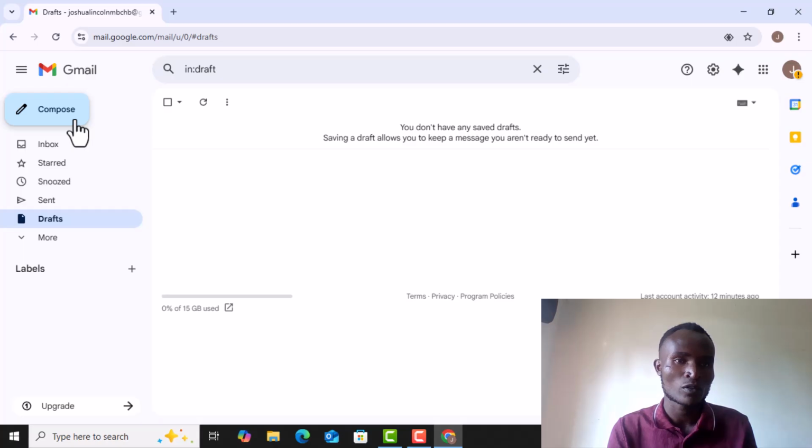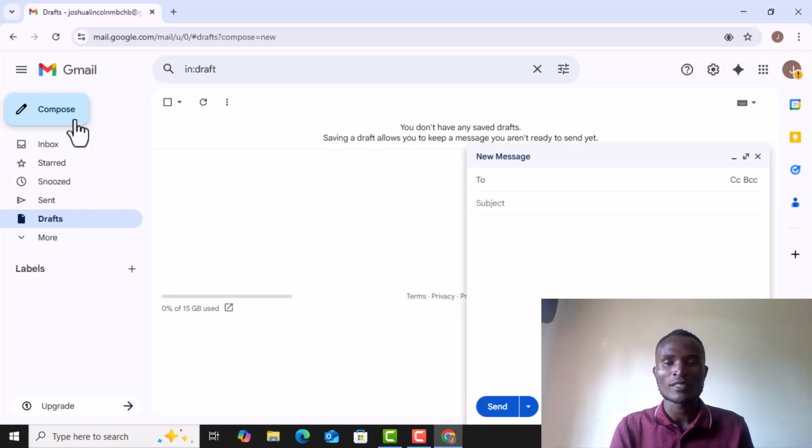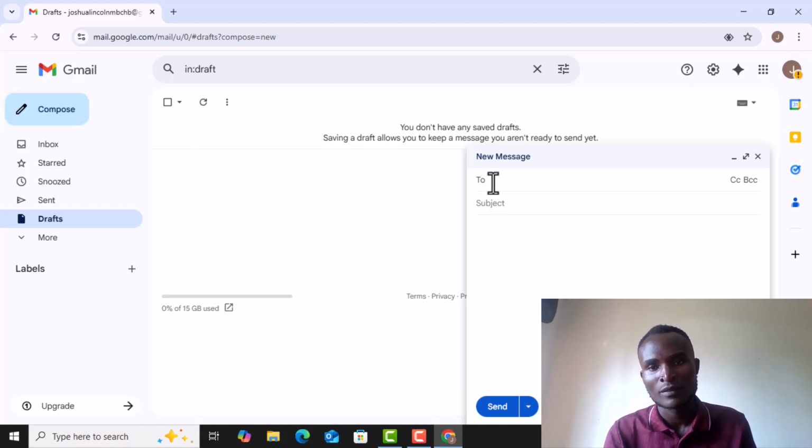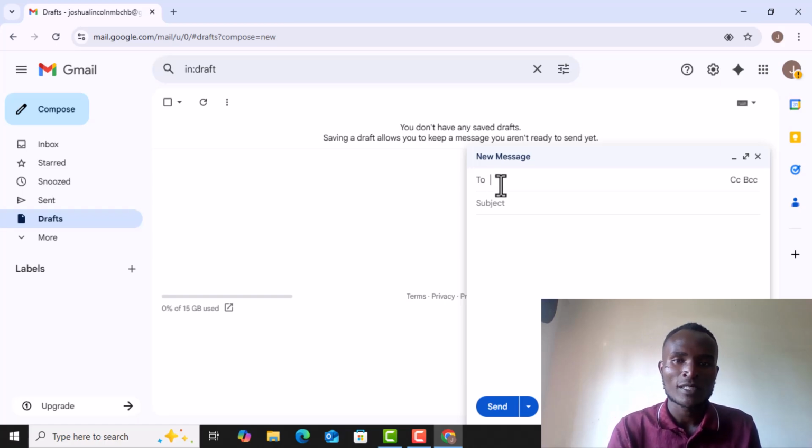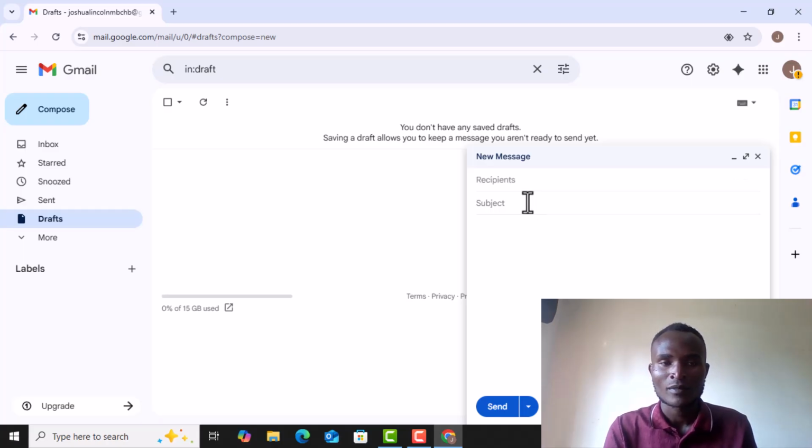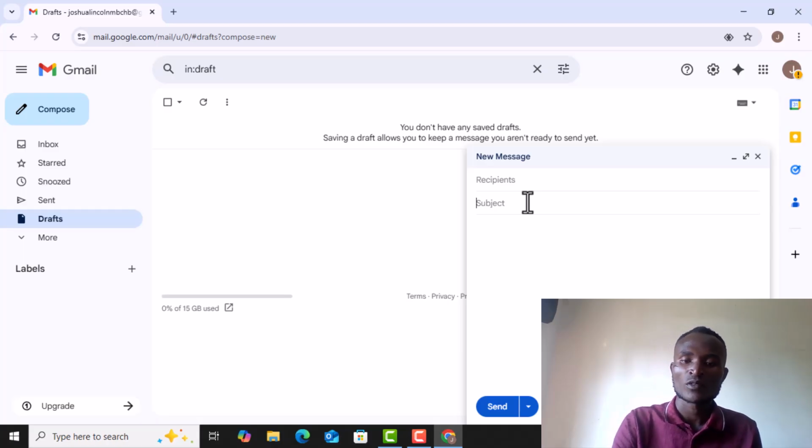Then you have this part called compose. So compose is basically you writing a mail. You must first of all put the person you're sending to, the name of that person, you put it there, the Gmail. And then it's also important to put the subject, because when you do so, it is easy for someone to understand what your mail is all about, because some people are busy. Someone won't have the time to read everything that you've sent, but just by reading that could be enough to alert them that so and so has written to me and he wants exactly A, B, C, or maybe D. So you come and say, maybe I'm handing in coursework, so I'll be like,